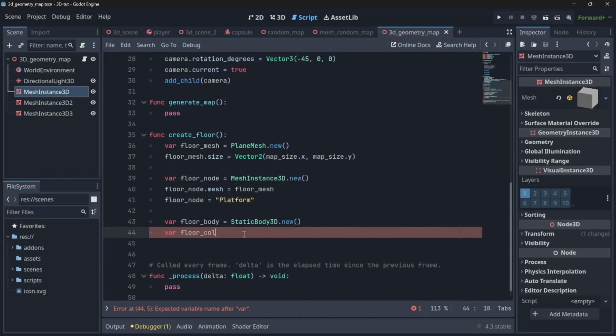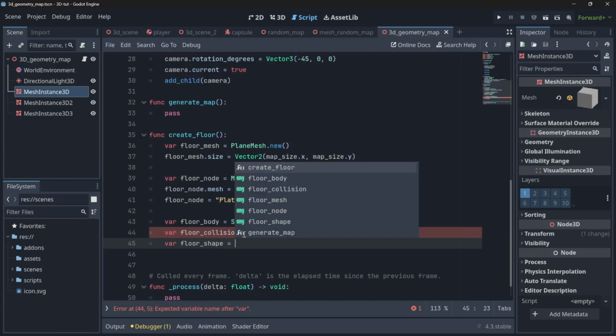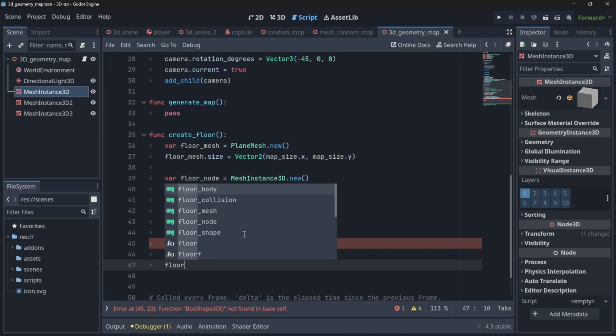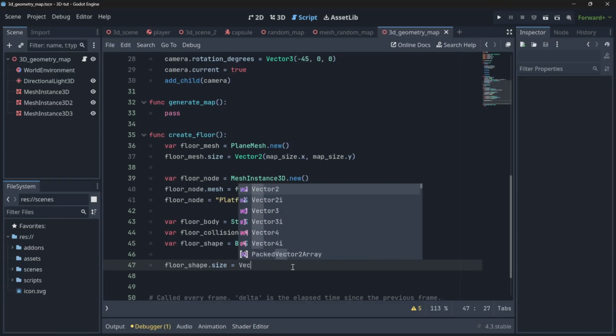So we will do a floor collision equals collision shape 3D dot new. Then we will have to give a floor shape for our collision. So floor shape will be box shape 3D dot new. Now what will be the size of our collision? In 2D you might remember that we add circles as collisions, and we also have to set the size of our circles, and this is exactly what we are doing here. So floor shape dot size, this will be a vector 3,